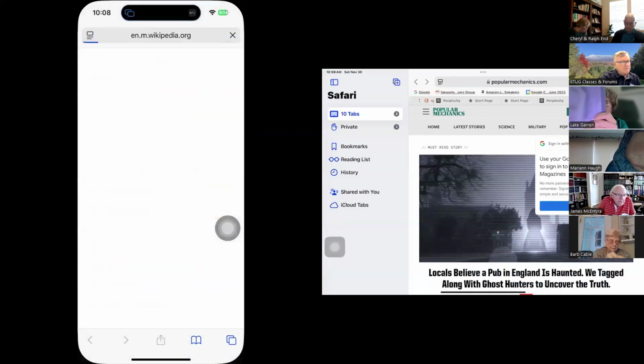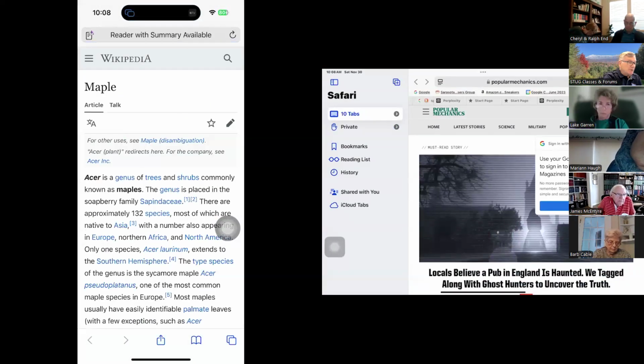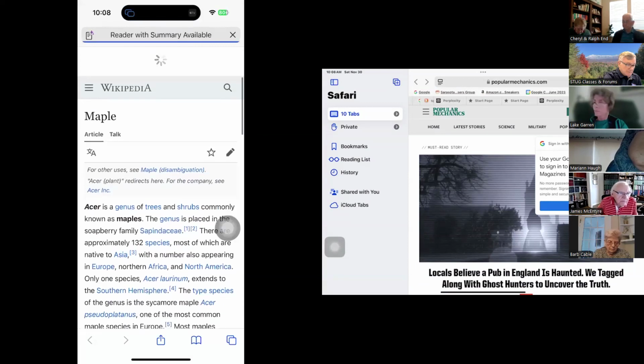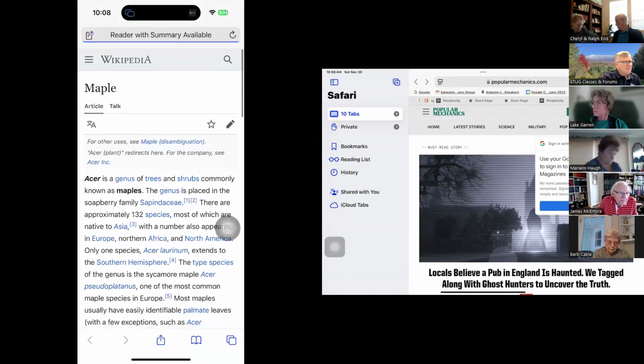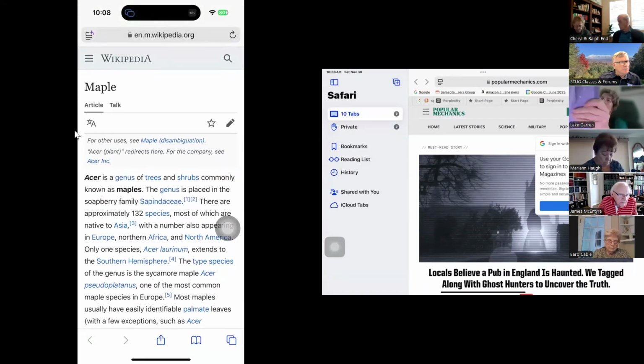I went to a website called Maple Trees, and here it is. And there's this little box in the upper left hand corner. This one happens to have a little plus sign on it. If I tap that,